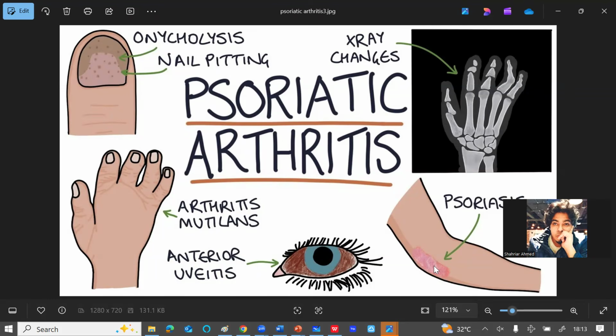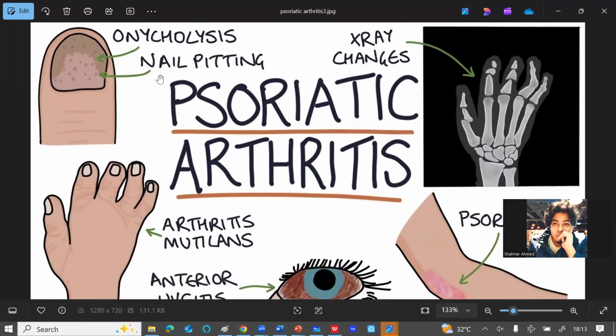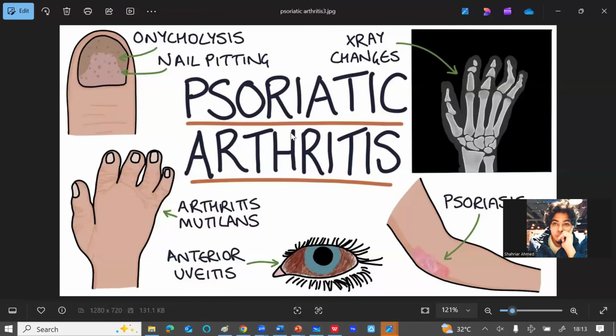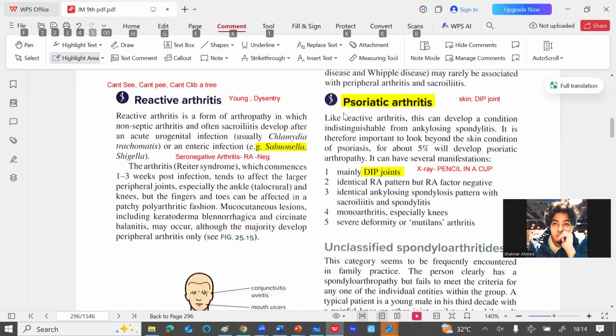Psoriasis also classically involves the extensor surfaces. In psoriatic arthritis, in some cases the eyes are involved. In some cases the nails are involved, often known as onycholysis or pitting nails. So the hand, joints, skin, even eyes. Is it clear about psoriatic arthritis, dear doctors? Psoriatic arthritis, is it clear?